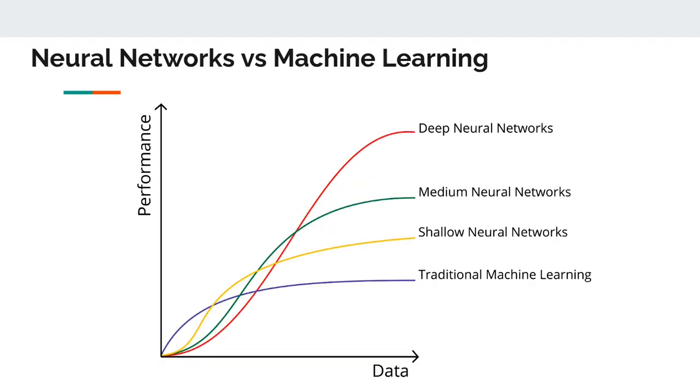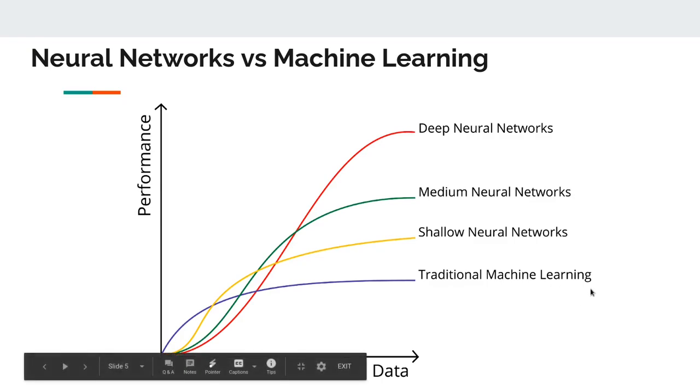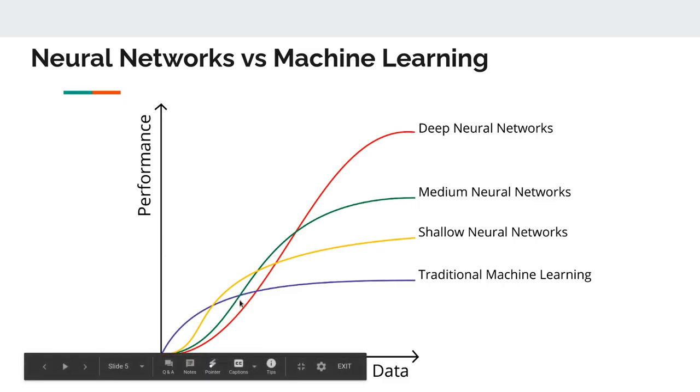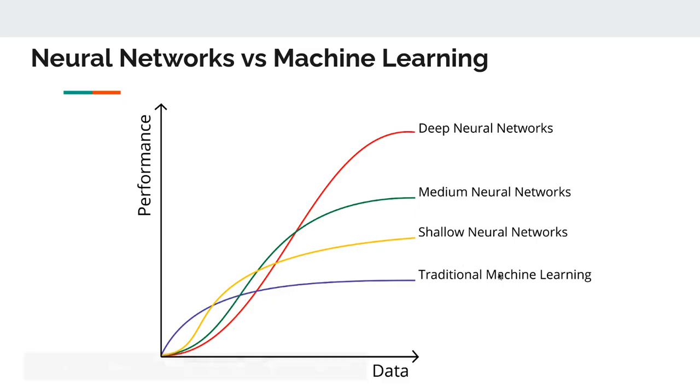So what is the difference between a neural network and a traditional machine learning algorithm? When should we use one, and when should we not? The convention, found experimentally, is that when we have limited data, very few data points, we should go for a traditional machine learning algorithm, because they tend to perform better with a lesser amount of data. But when we have a huge amount of data